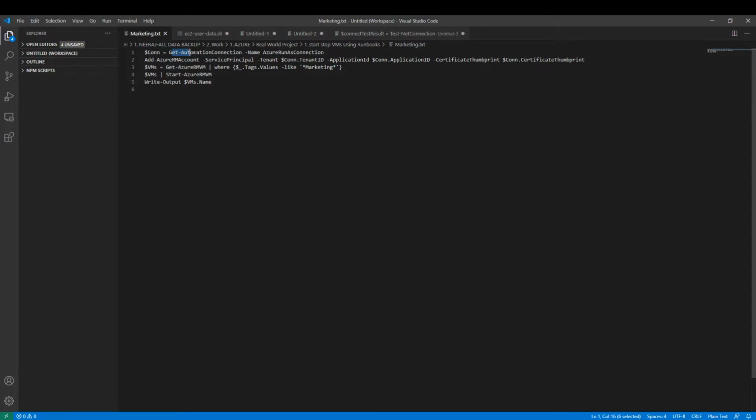So you can see first what I'm doing, I'm getting a connection to this specific account that I'm creating. So any automation account that I'll be creating, I'm going to connect to this account using these cmdlets. So you are creating a connection to a run as account. So you're basically using a run as account to connect to your Azure automation account. You're specifying the tenant ID, you're specifying the application ID, you're also specifying the certificate thumbprint.